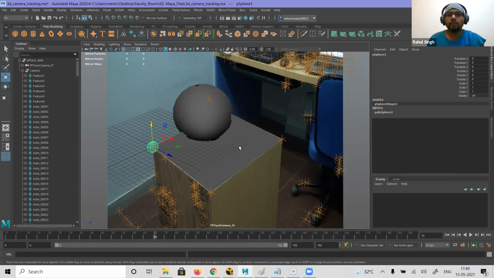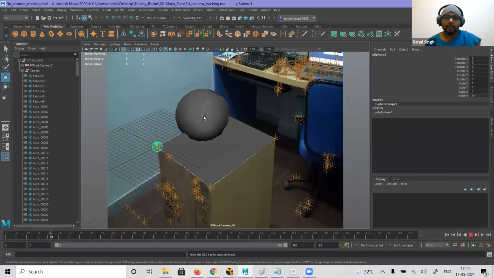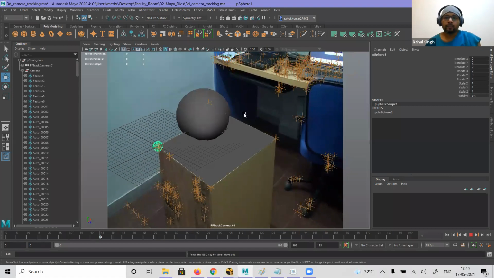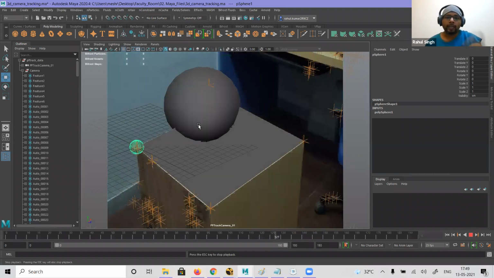Understood the process of the match move, everyone? Yes, sir. Okay. So it totally depends on how your camera is solved in the tracking. Now yesterday I told you that when we were tracking, at the end we were having some problem. So you will find that at the end this is not moving, it is rotating slightly. See, if I hold it, you will find that this object is rotating slightly.